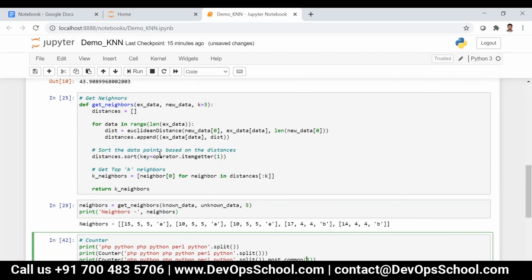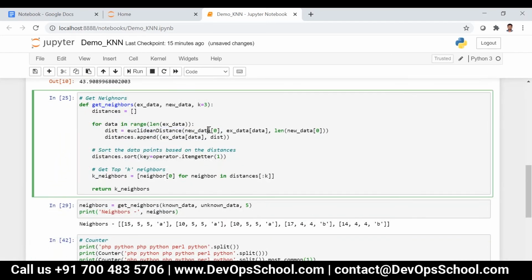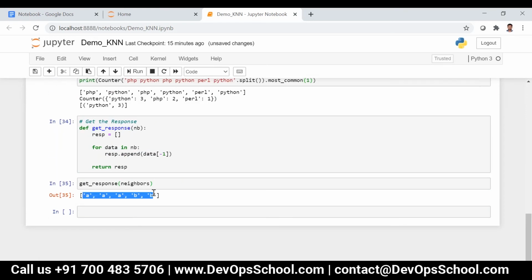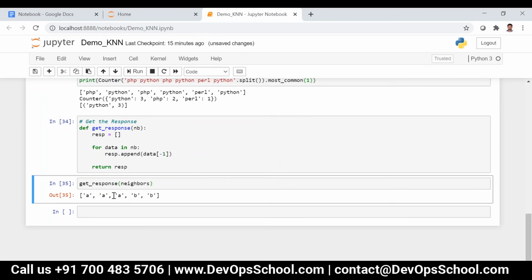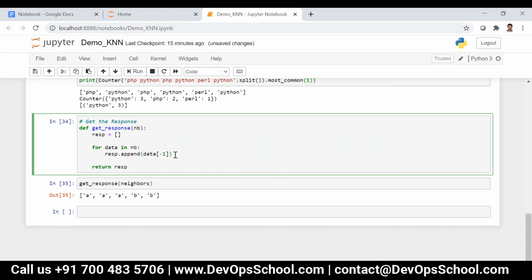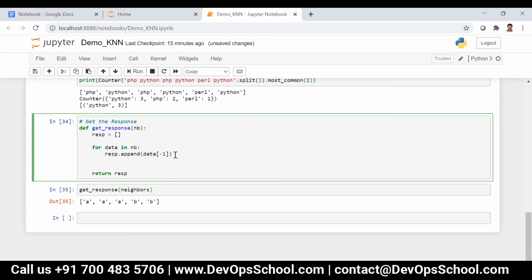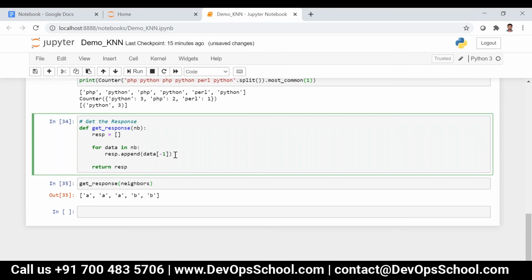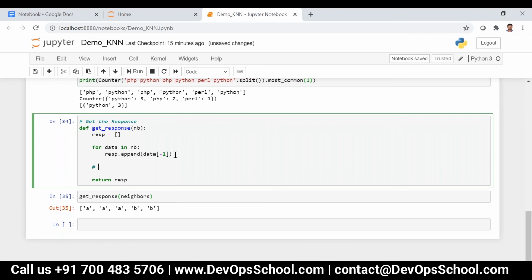But over here we have calculated the distances, right? So that's why I didn't do that over there. But here we need to count it, and then we can just retrieve the maximum occurrence. So once you find it, I can just write: retrieve the response which has the maximum occurrence.